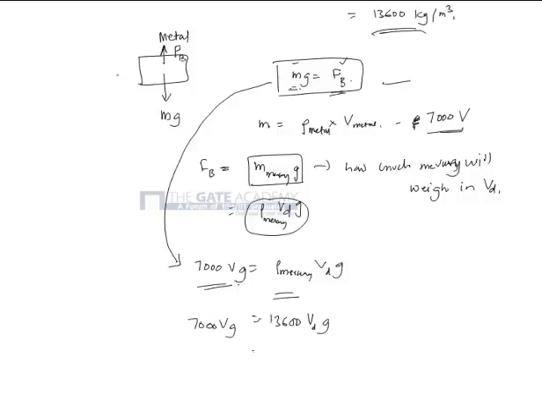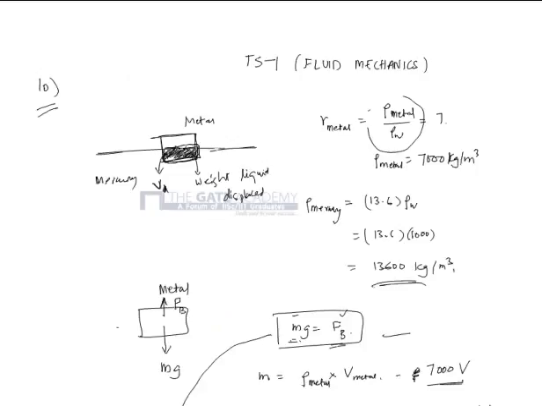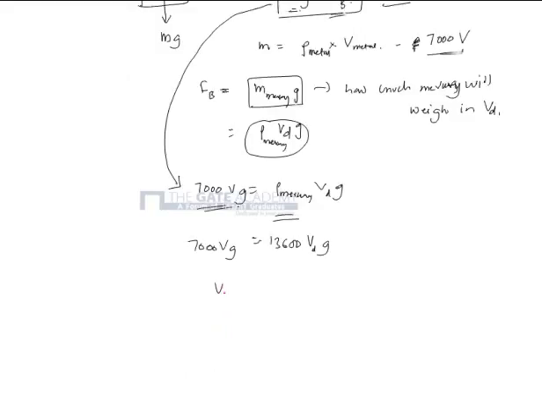Now g is common on both sides, so what is asked is the fraction of its volume that is under mercury. So whatever the volume that is under mercury, divided by the total volume, will give me the fraction. So Vd by V is what is asked, and that comes out to be 7000 by 13600, and if you use a calculator it is 0.514, and the closest answer is